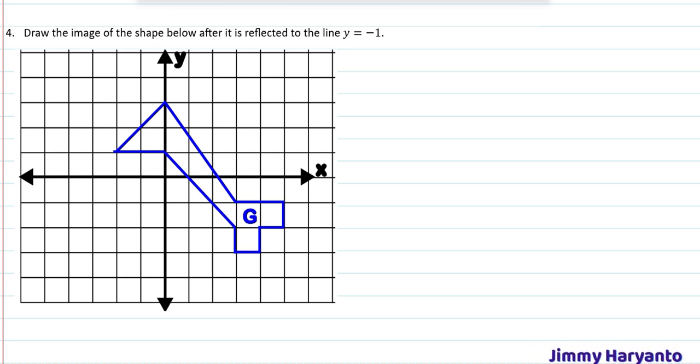Yeah, okay, so for this one, y equals to -1, that means the mirror line will be at y equals to -1. First, you have to locate where is y -1. Y -1 is right here. That means this is the mirror line. Okay, so next, just like before, we have to choose one point. Let's say this point, and then create a line like that perpendicularly, and then measure the length. The length is 2 units, so the image will be right there.